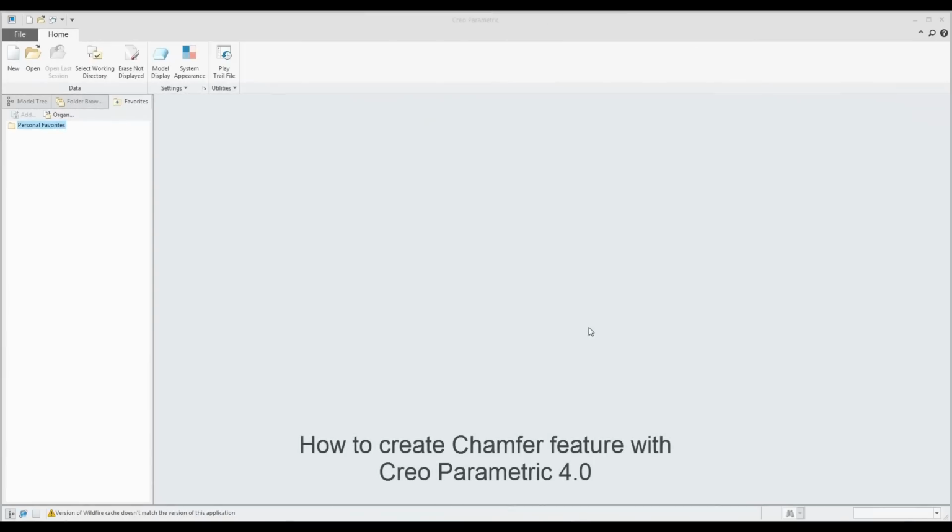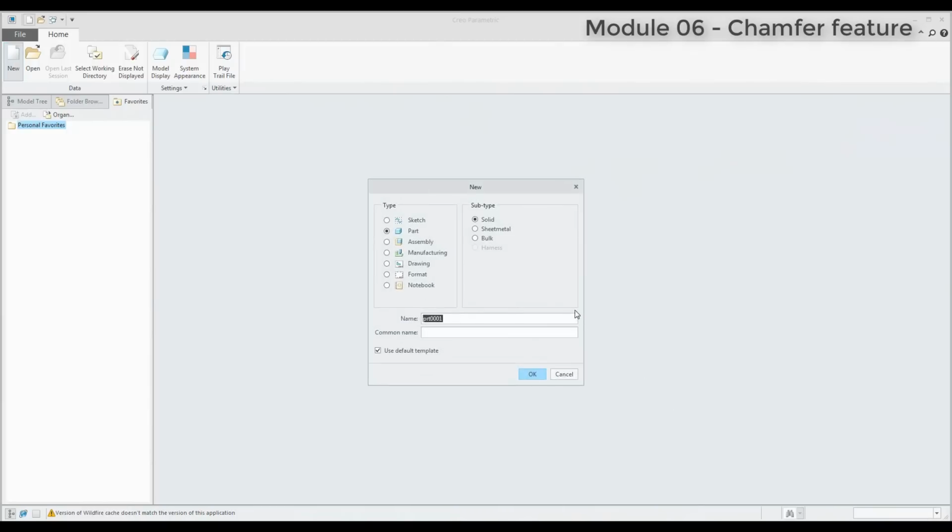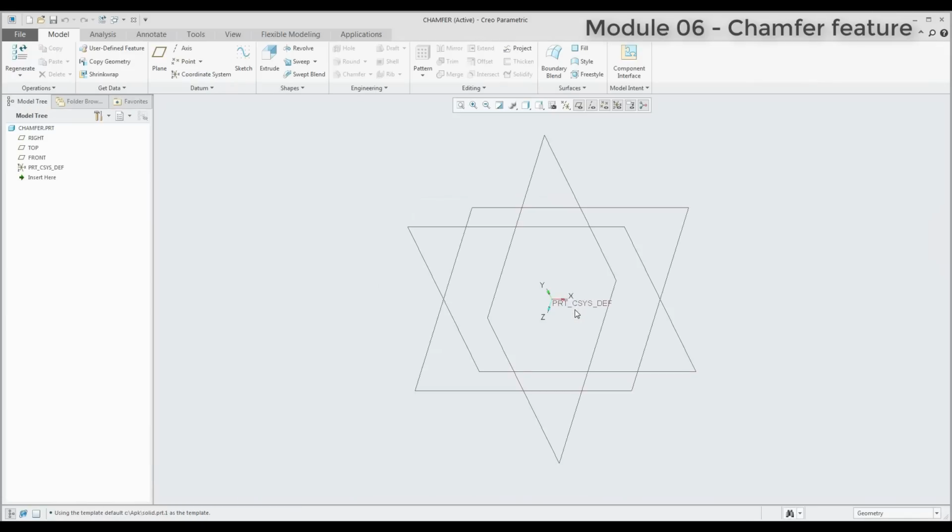And folks, in today's video tutorial, I'd like to show you how to work with the Chamfer feature in Creo Parametric 4.0. At the beginning, we will create a new 3D model. If you start from scratch, the system will create a new 3D model, and over there are placed 3 datum planes and a coordinate system. The system will start from the template,